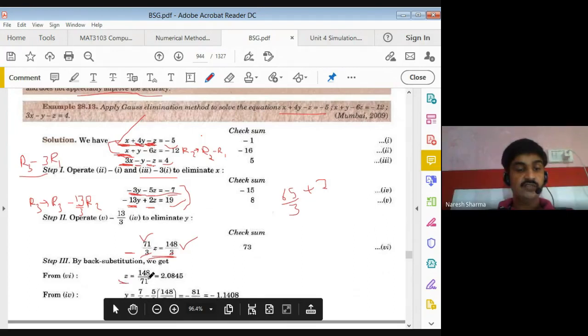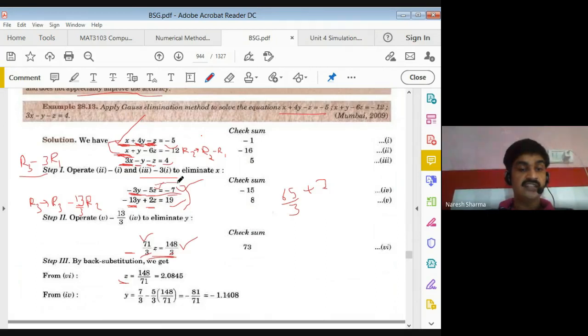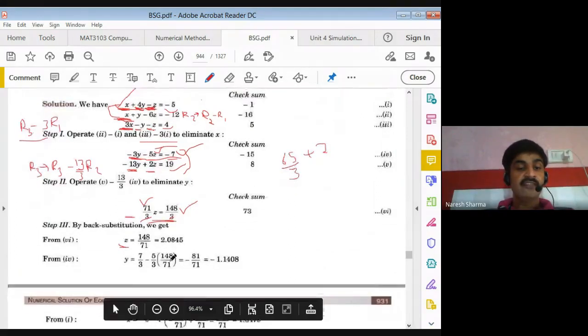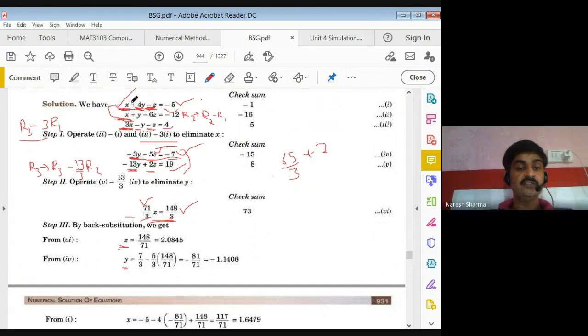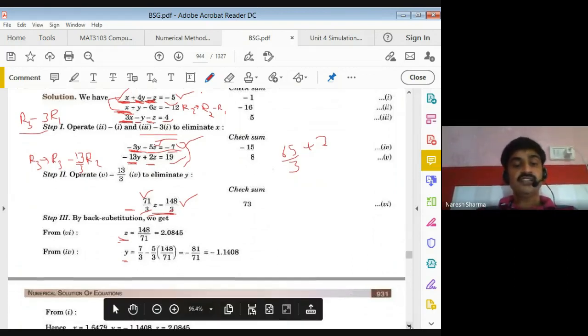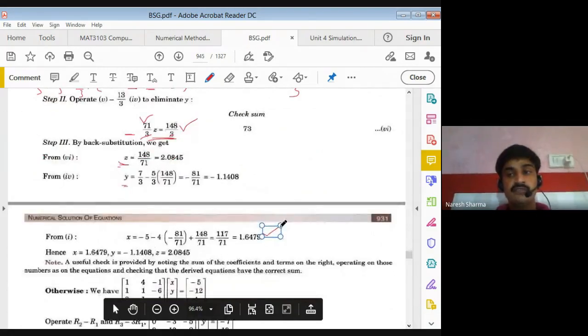So this value of z you can put in your second pivot equation. You put z here, shift to the right hand side, then divide by 3. Then you get the value of y. Once you get y and z, put y and z in your first equation, that is put here y, here z, and you get the value of x, right? So this is in the form of your system of equations.